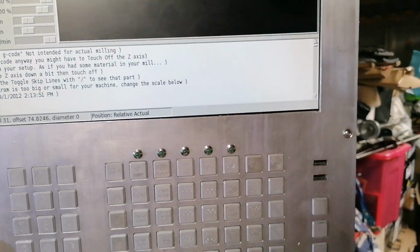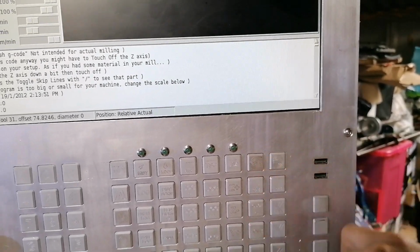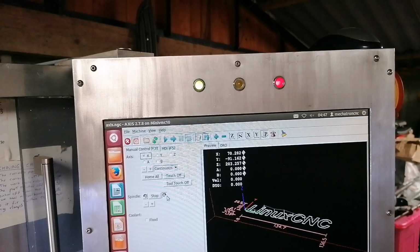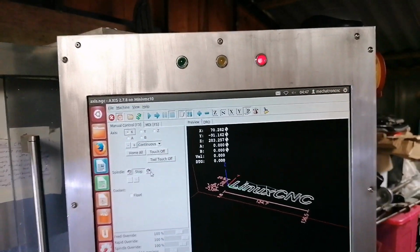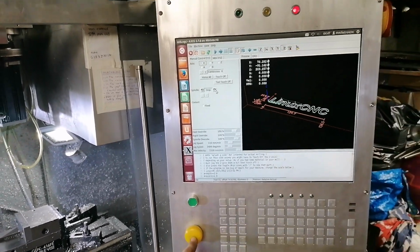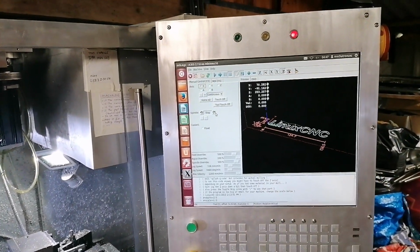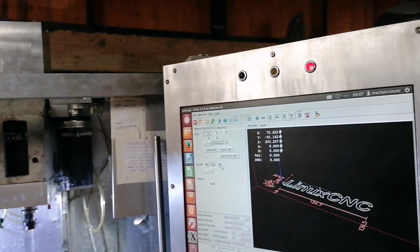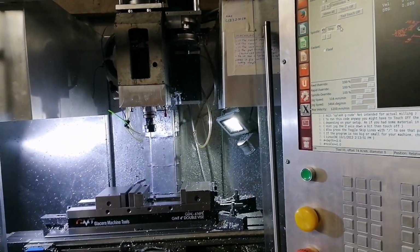and I can also turn the spindle on and off here through my keypad. You can see when it's on, it's on. When it's off, it's off. And the yellow light is my pause light. I don't think it will work at this time. I think it'll only work when the program's running. Yeah. And the red up there is because I turned on my bypass so I can run with the doors